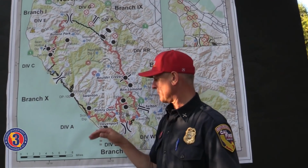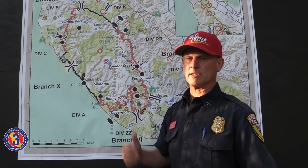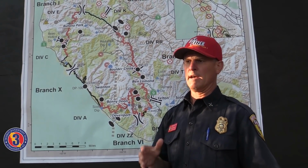Getting down into Davenport, again, that's looking really good. Good control lines around it. Fire is still hung up there. A couple of these drainages are holding the fire, and we are developing strategies. Now that we have more resources coming in, especially the hand crews, we need to work on some of these drainages. They're going to start developing a good plan, getting in there and putting those resources to work